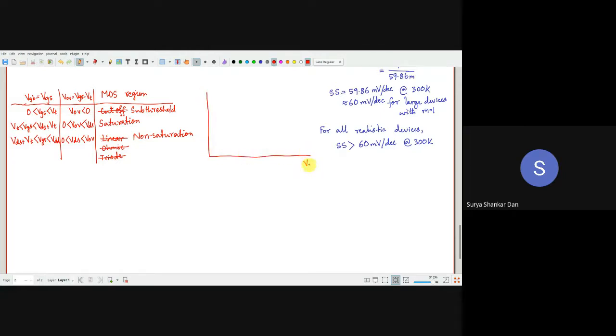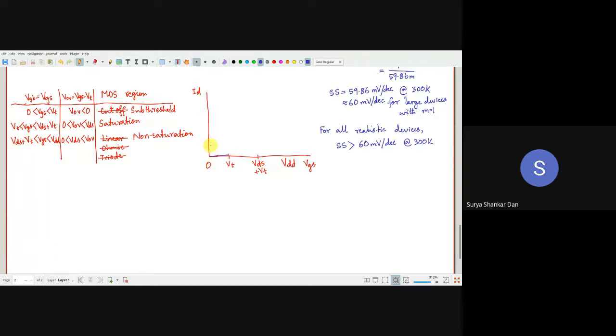Okay. So whatever I have written in this small table is essentially like this. If you are plotting VGS here, 0, okay, and here is your current ID, okay? You are increasing from 0 to VDD. We are traversing this way. So until VT, and here is, say, VDD, rather let us say VDS plus VT. What is the case? From 0 to VT, you will not be able to observe anything. Note what I said. You will not be able to observe any current.